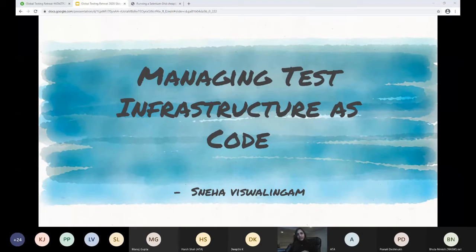To design a solution that supports that, we need a more scalable, manageable and more cost-effective infrastructure. So in this talk, we're going to discuss how to manage and the benefits of creating a sophisticated test infrastructure using code.